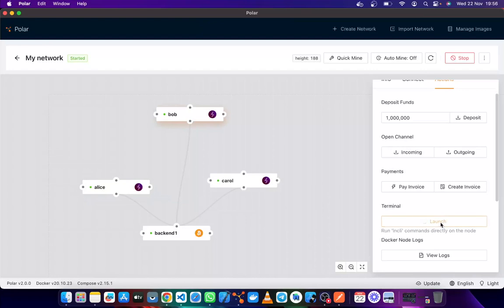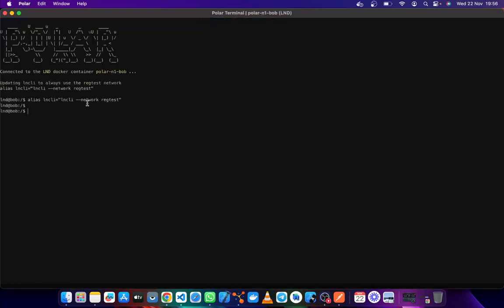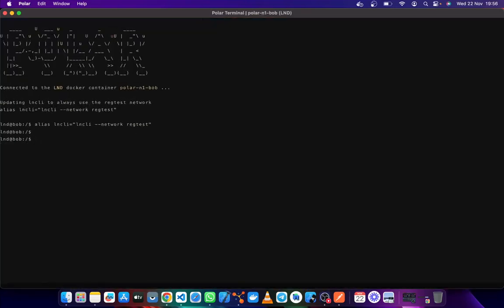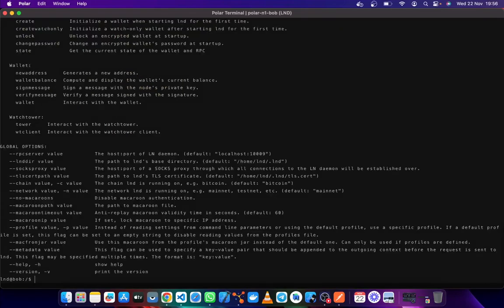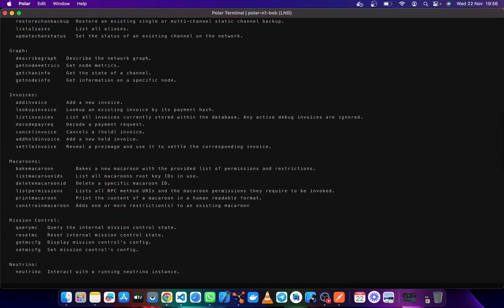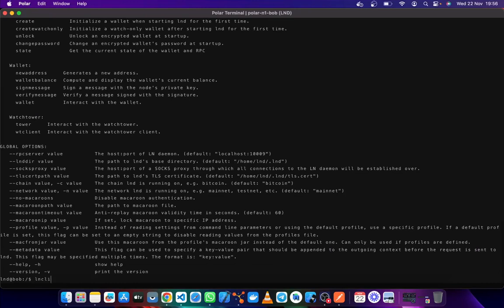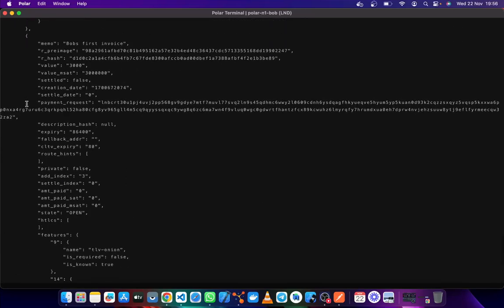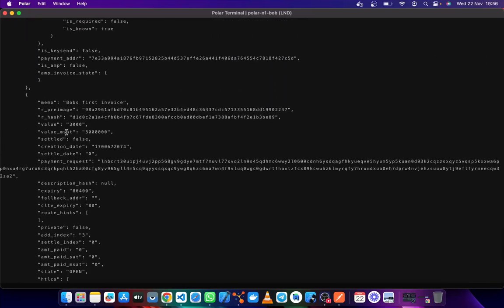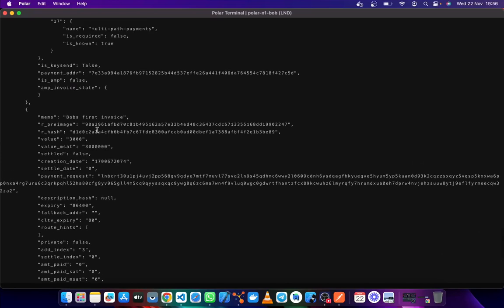So let me open Bob's terminal, zoom in, lncli, and I think it's list invoices. Did I copy that? List invoices, and it will show all the invoices that Bob has